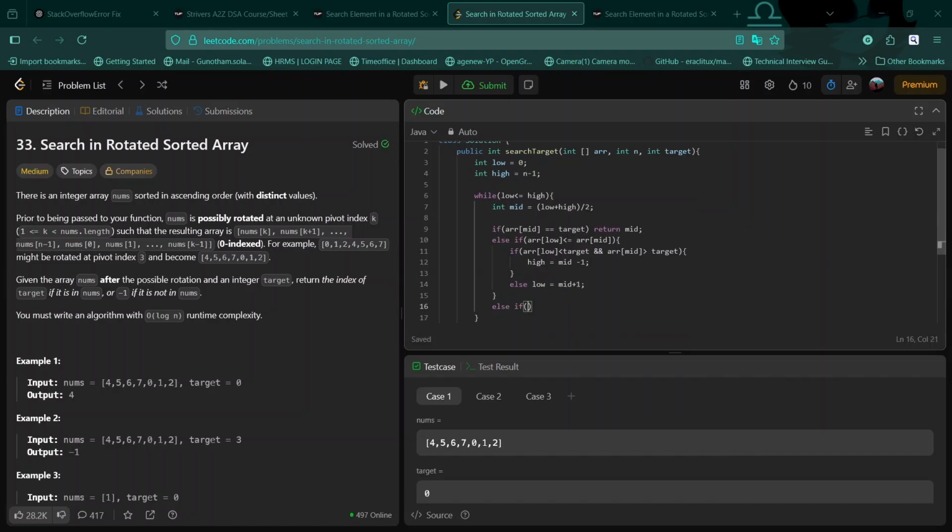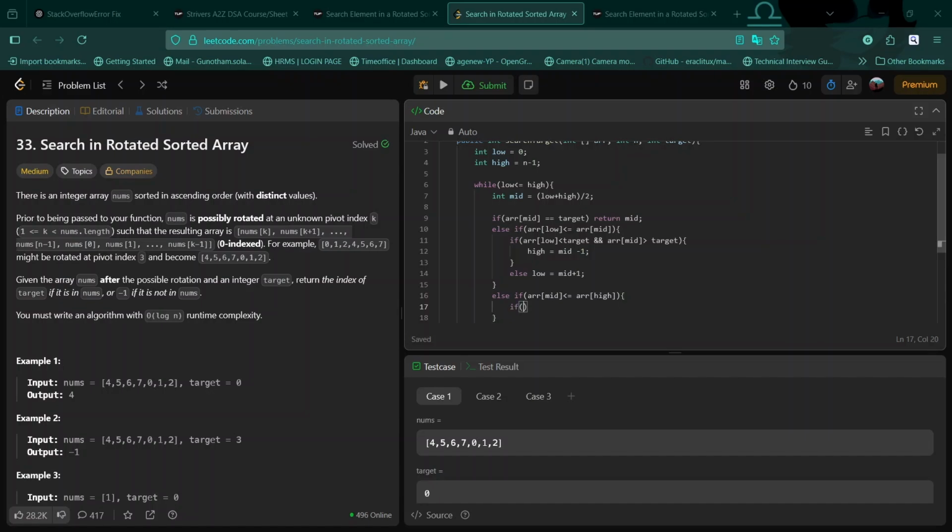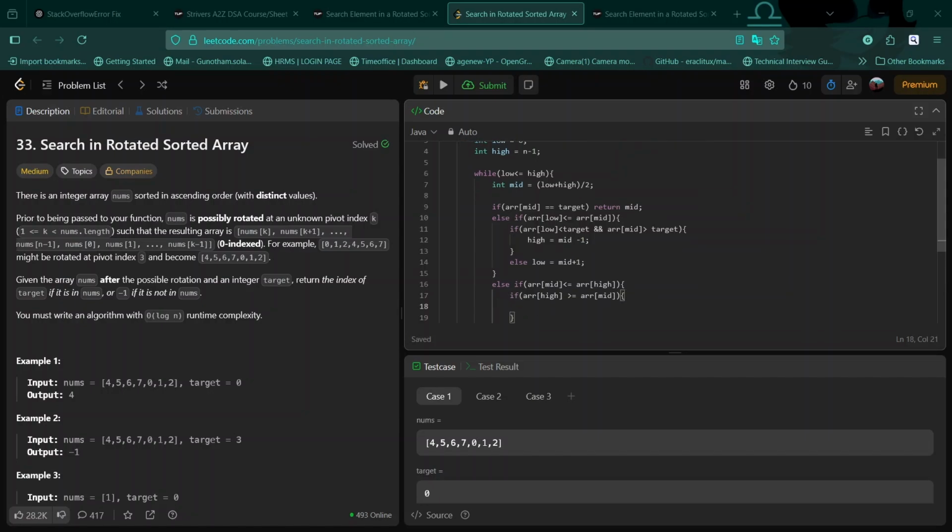And for the situation where else if arr of mid is less than or equal to arr of high, because we are checking the right side, the sorted half now. Similarly, in this situation, we are going to check arr of high is greater than or equal to arr of mid, and if it's true, then